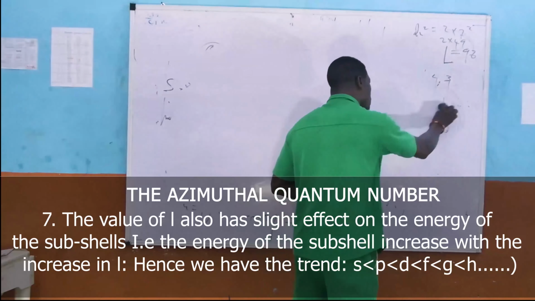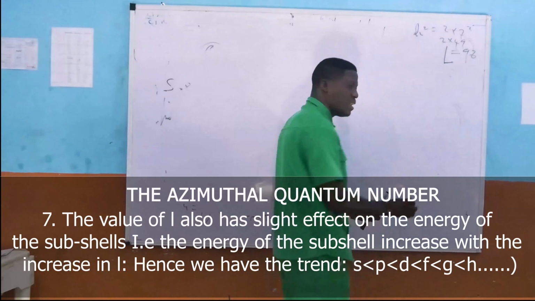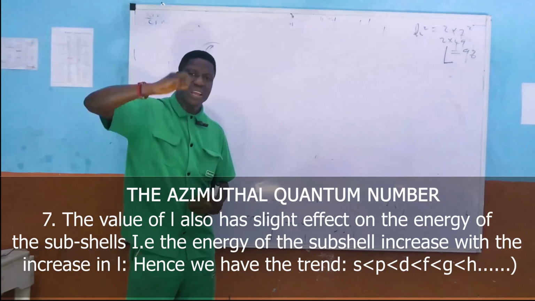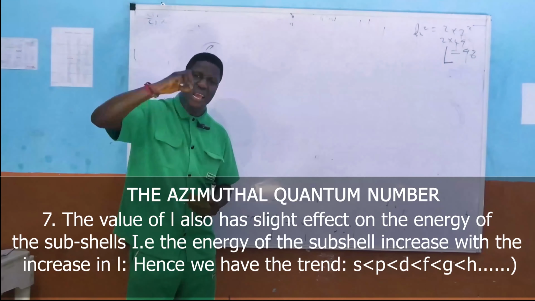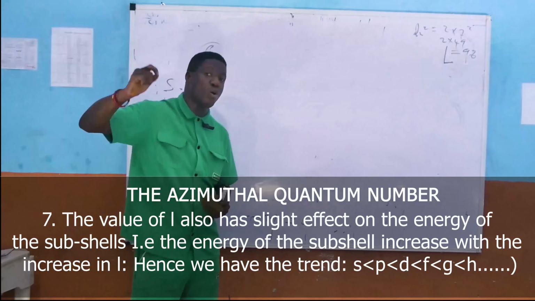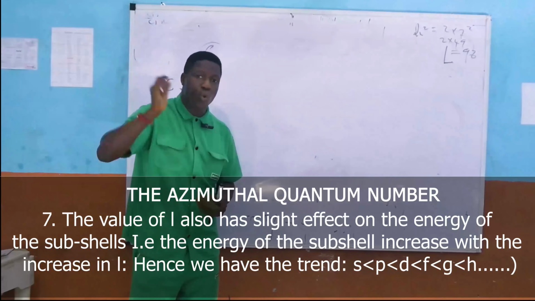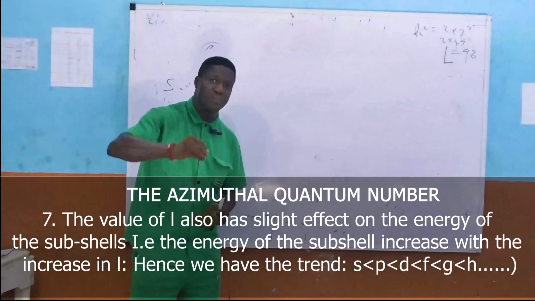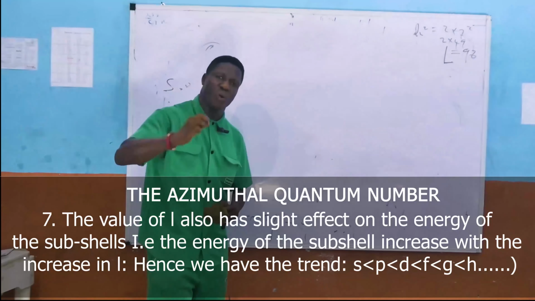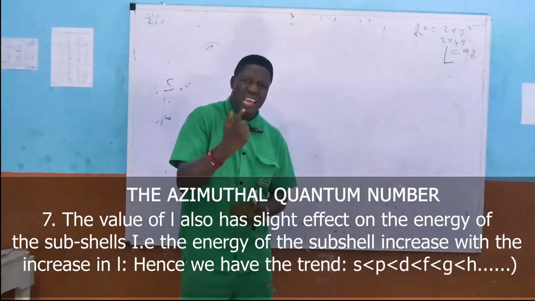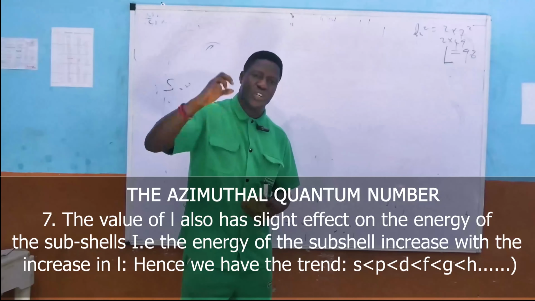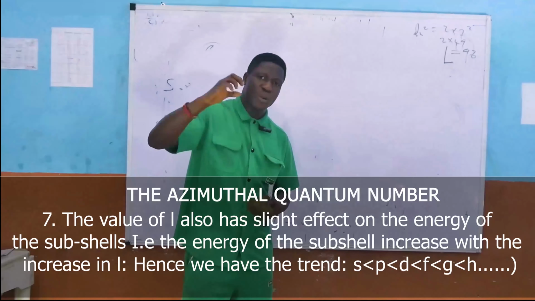What the principal quantum number does with respect to energy is that it determines the energy of the electron in the atomic orbital, not the energy of the subshell obtained from the principal shell. It is the azimuthal quantum number that affects slightly the energy of the subshell in the